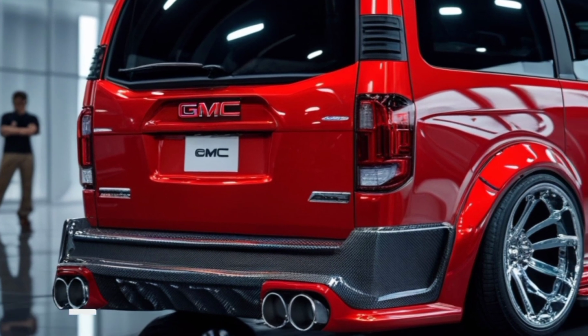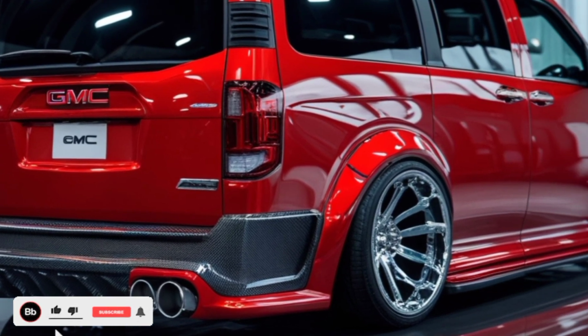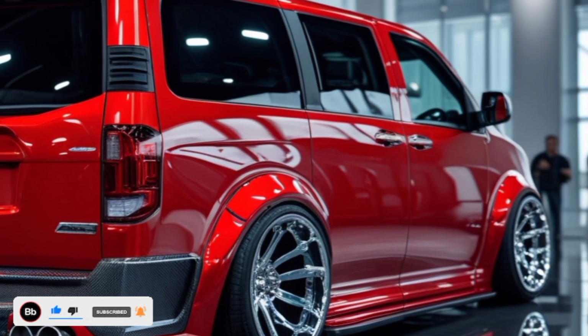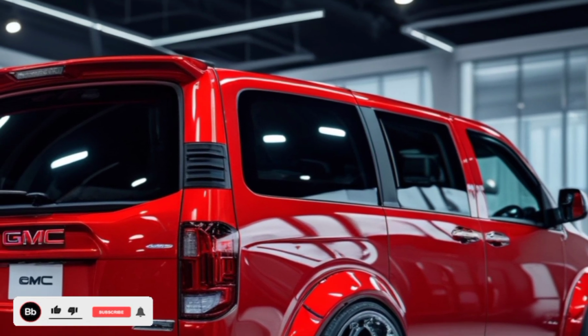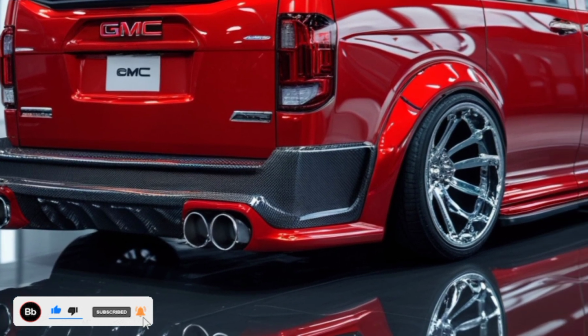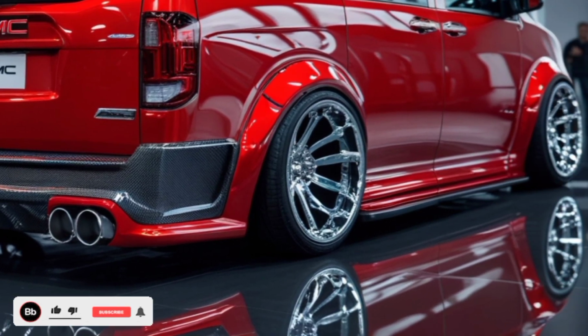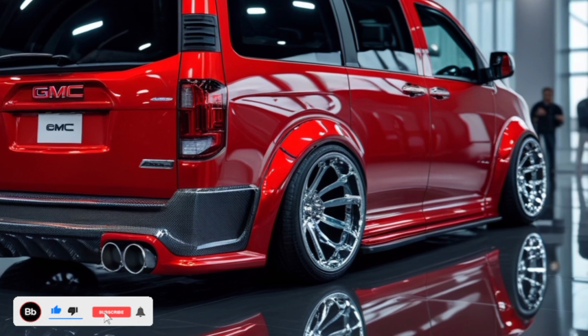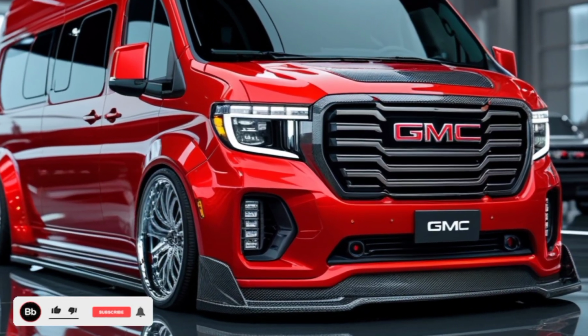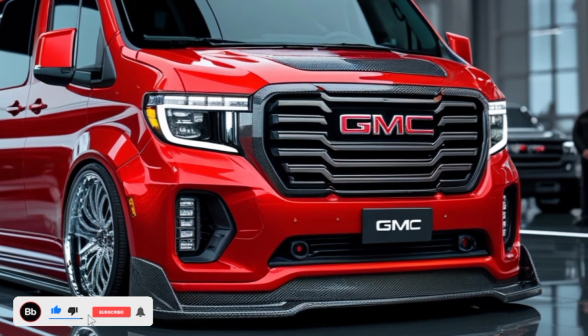The Savana 3500 comes with standard safety tech, including electronic stability control, a rearview camera, tire pressure monitoring, and airbags throughout the cabin. Advanced safety options include lane departure warning, forward collision alert, automatic emergency braking, and blind spot monitoring. These features provide peace of mind, whether you're on a solo adventure or traveling